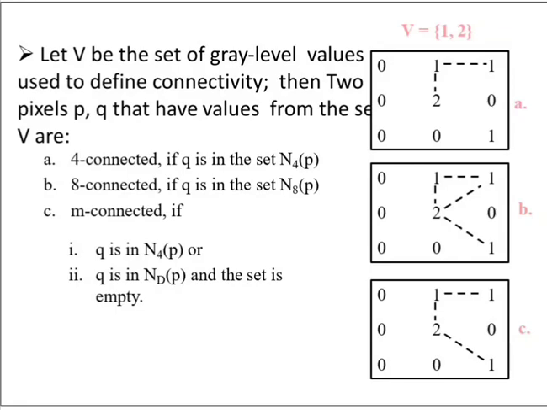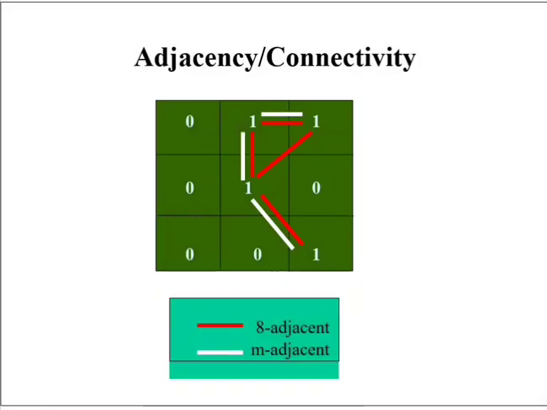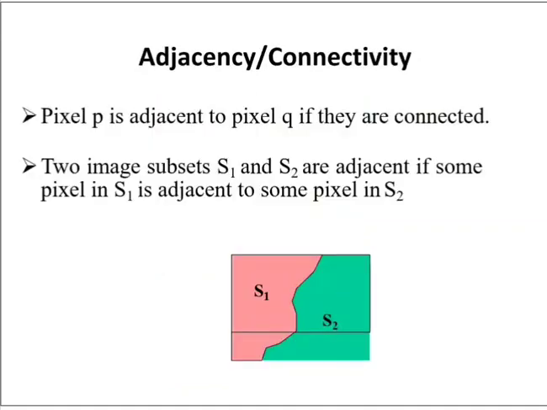We call all the points in Ru the foreground, and all the points in Ru complement, that is, the complement of Ru, the background of an image. Ru is said to be the foreground and Ru complement is said to be the background of the image. Then our next topic is paths and path length.